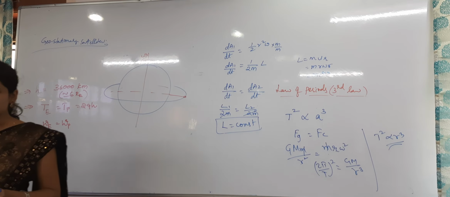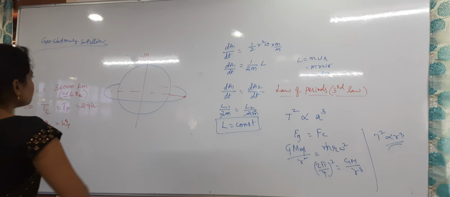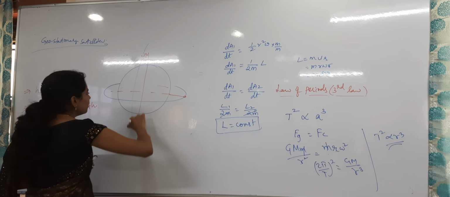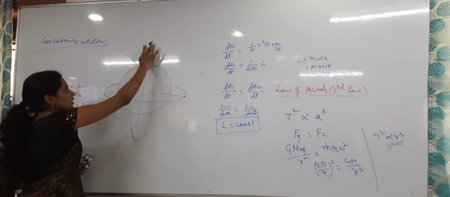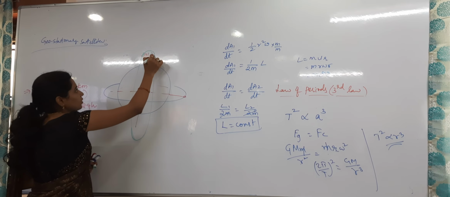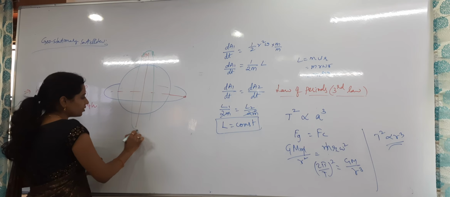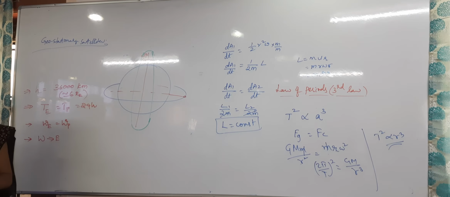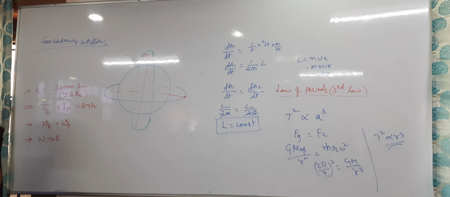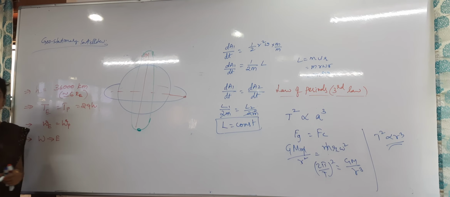Polar satellites means the orbit which should be there with the poles. Here you have to take the orbit from the poles. Polar satellites should be near which one? We are reading everything about the poles only. So it should be on the poles' plane only. So this will be the orbit, and somewhere here the satellite will be there.